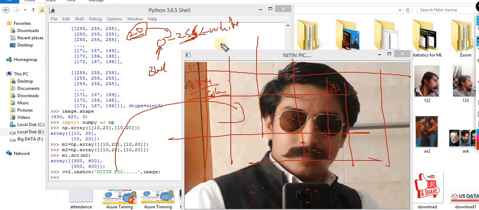When I talk about color images, I already showed you there are three arrays: red, green, and blue. Every pixel has a value from 0 to 256, because there are millions of colors, infinite colors. If I talk about the red array, the red pixel is between 0 to 256, meaning the lowest value can be 0 and the upper value can be 255. That concept is called density, the density of the pixel between 0 to 255.